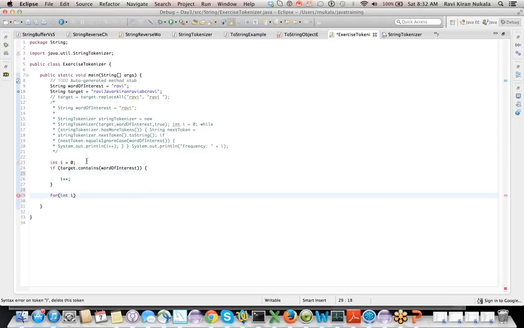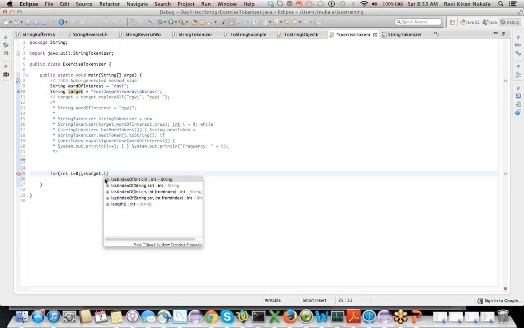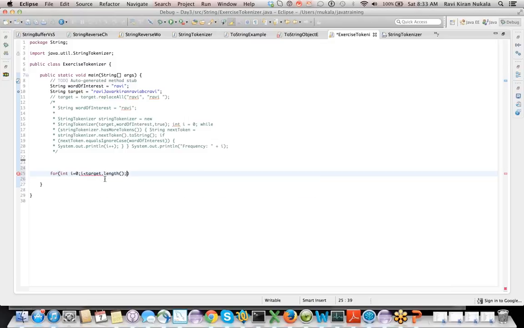For int i equals 0, i less than target dot length, i plus plus. I'll remove this guy for a second.